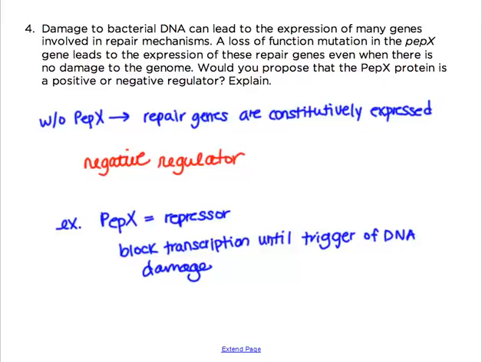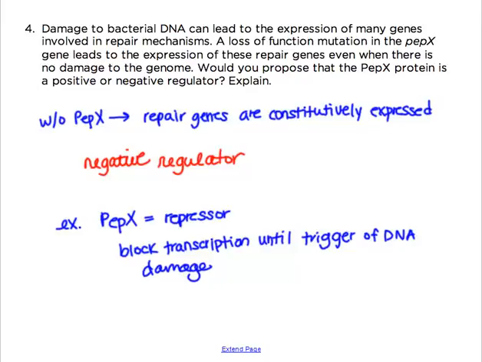So you'll find this more and more, that prokaryotic regulation is really so that the cell doesn't waste any energy. So if there's no DNA damage, then there's no reason to express these repair mechanism genes, right? So that's what, in this scenario, this PEPX normal functioning gene helps, is that it represses these genes unless there is a need for them. Okay, so this is a negative regulator, and you can explain it by proposing that the PEPX was a repressor